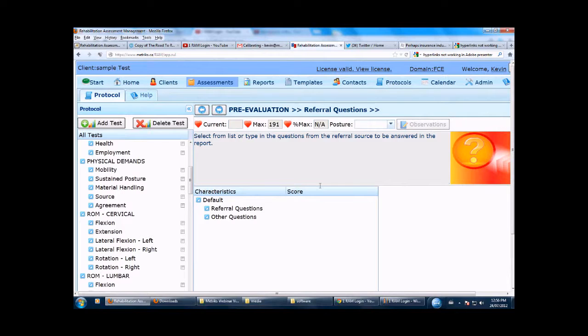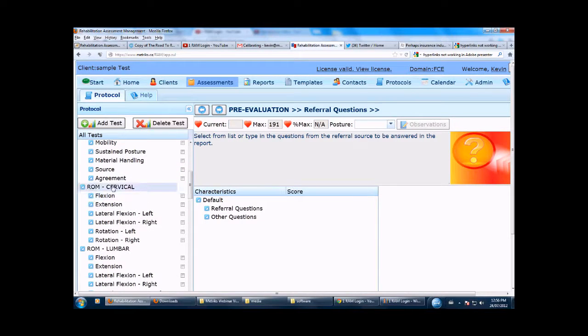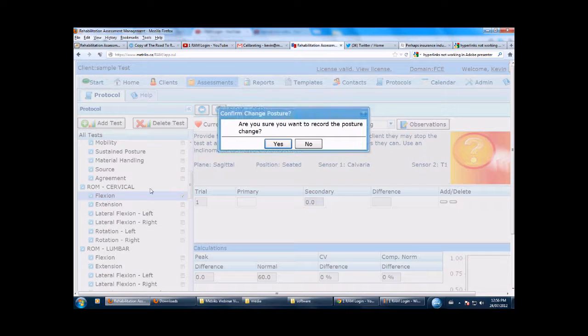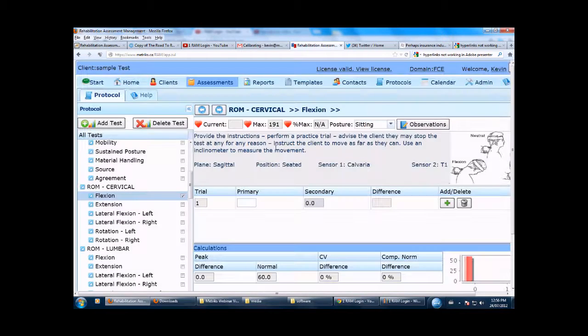Running a test. Let's take a test here, for example. We'll look at the range of motion cervical and the flexion test here. When we're running a test here, we have a place for the primary score and the secondary score. We measure the client's range of motion with the inclinometer and then enter in the